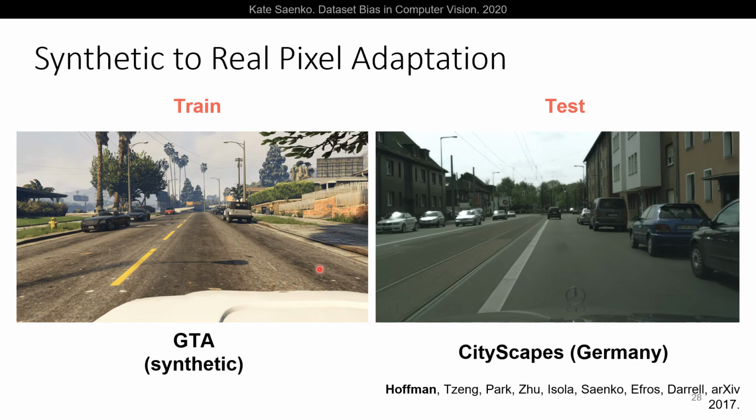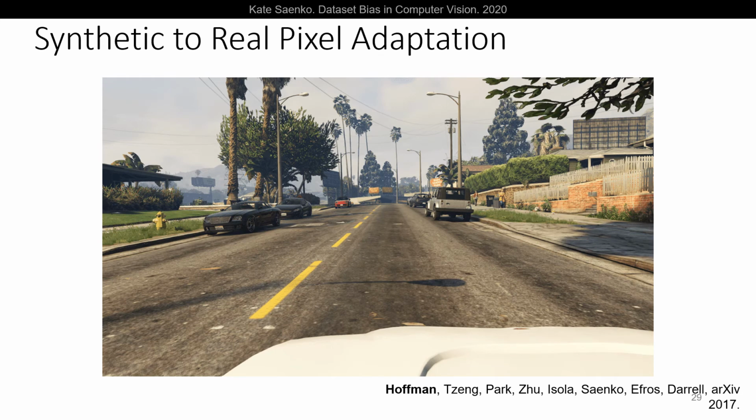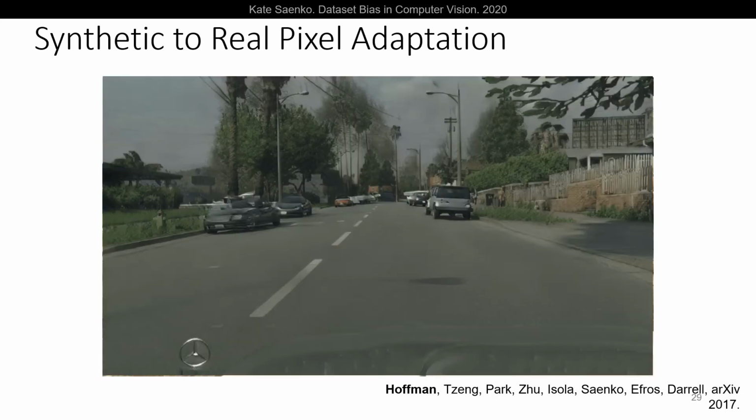So again, we can apply our domain adaptation idea to this problem, and I'll show it to you for the synthetic to real case. Here the synthetic data comes from the Grand Theft Auto game, and the real data is Cityscapes. And here's an example of doing pixel level adaptation for these two data sets. Now this source training image looks like this once it's been translated to the real domain, the target domain. I'll show it to you again